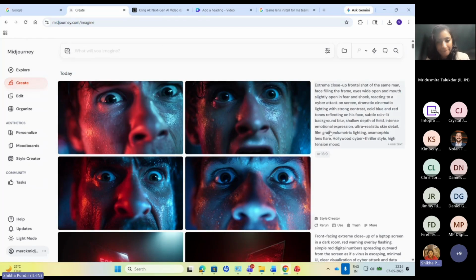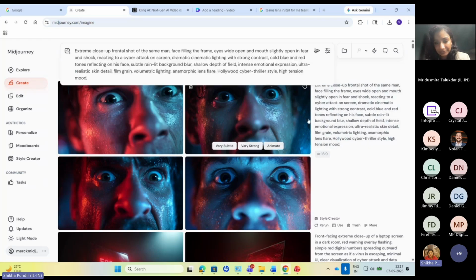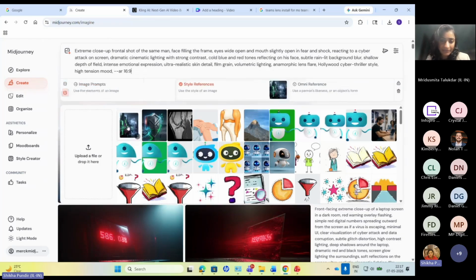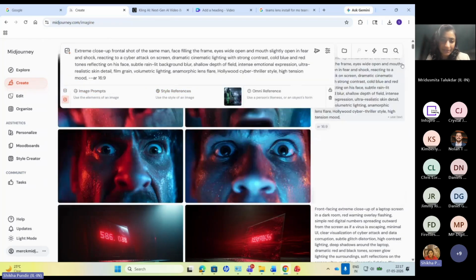And with this again, we didn't get a perfect shot, and I forgot to put the style reference as well. So you see how mandatory it is to put the style references before you actually give the prompt to the AI tool.